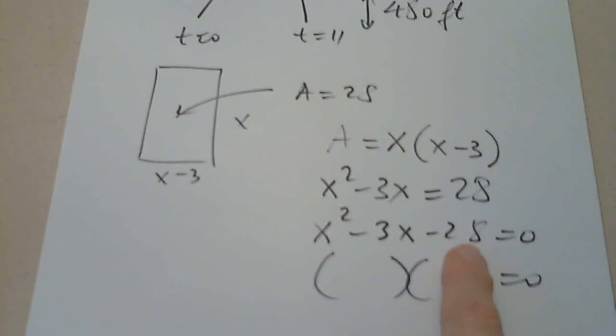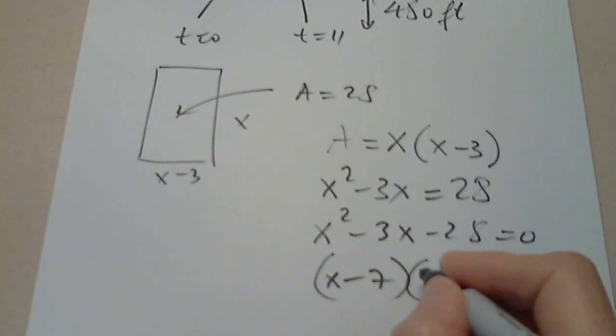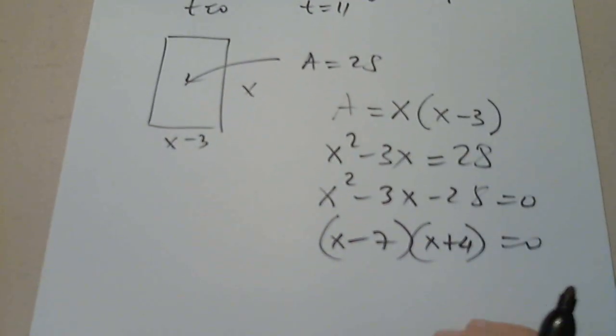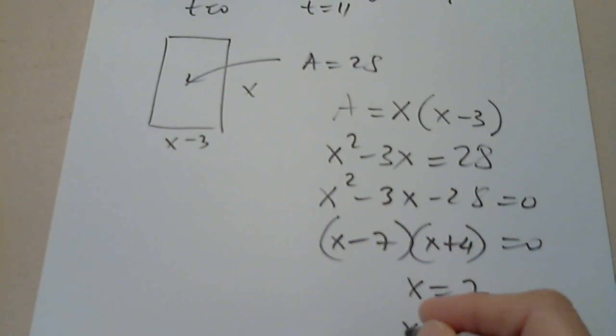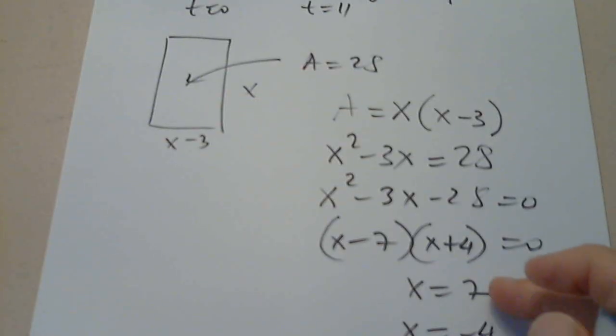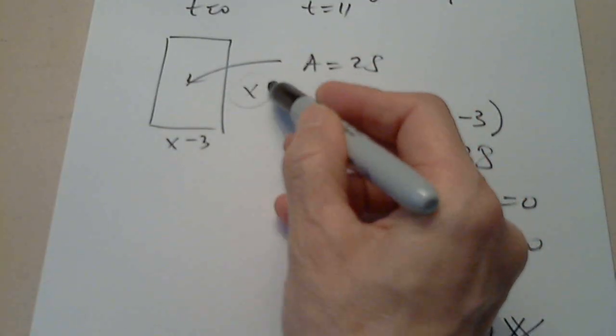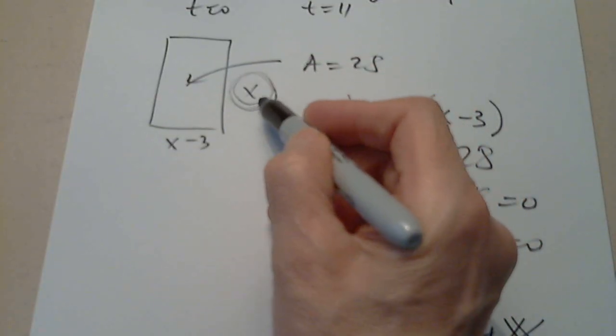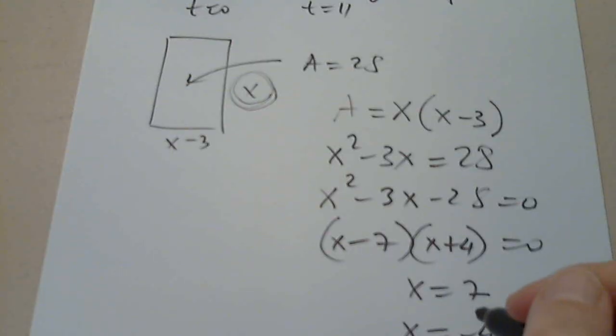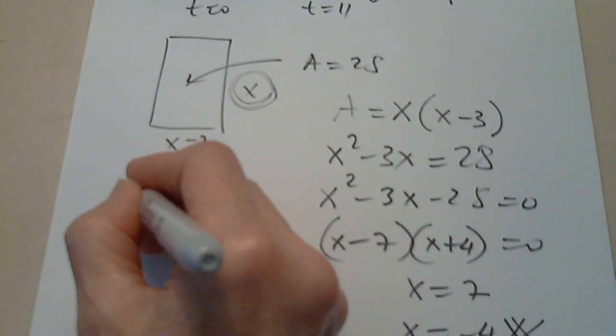Knowing that the product is negative 28 and the sum is negative 3, we need the positive and the negative. x minus 7, x plus 4. Yes, perfect. So then x equals 7 and x equals negative 4. Algebraically, both solutions are okay, but this is not okay because x cannot be a negative number. So the only solution in this case is length